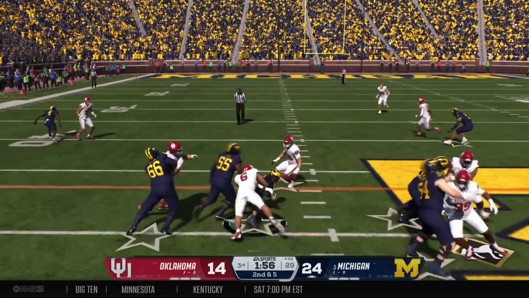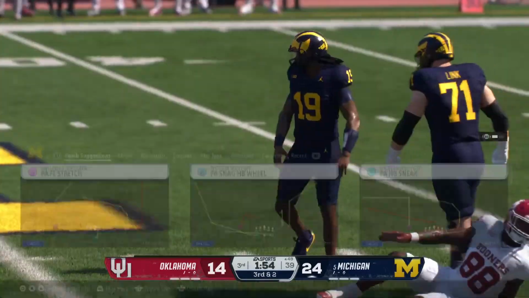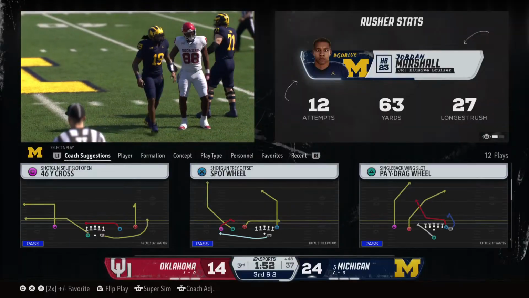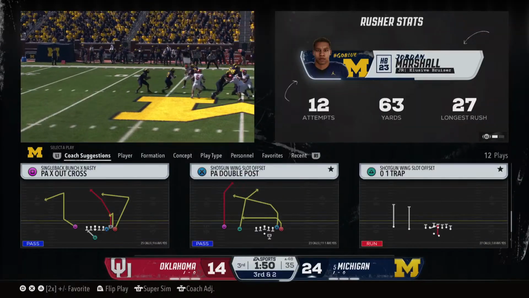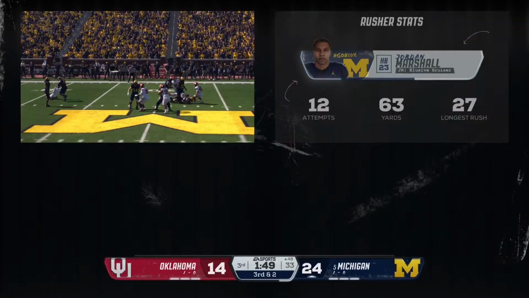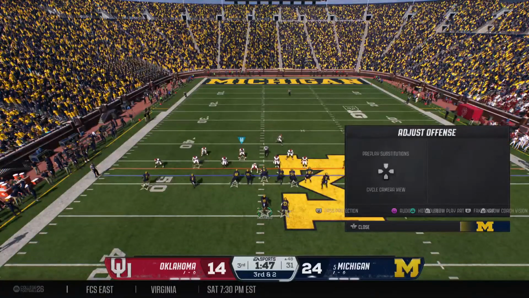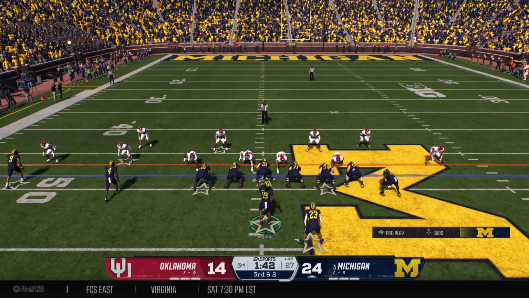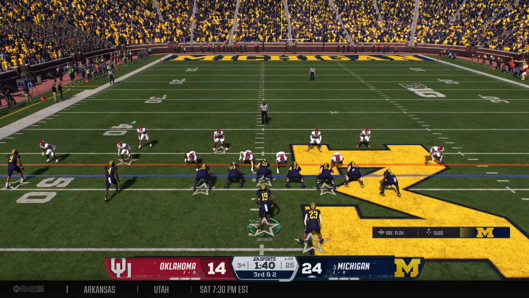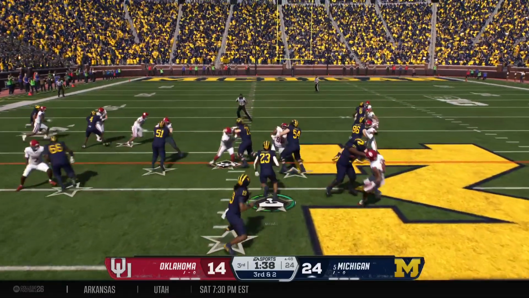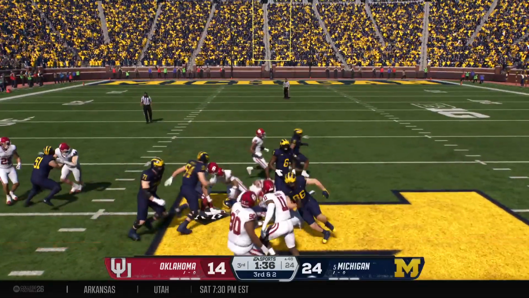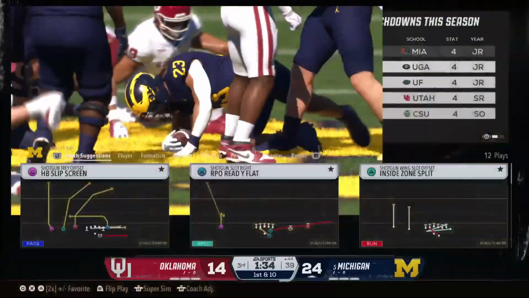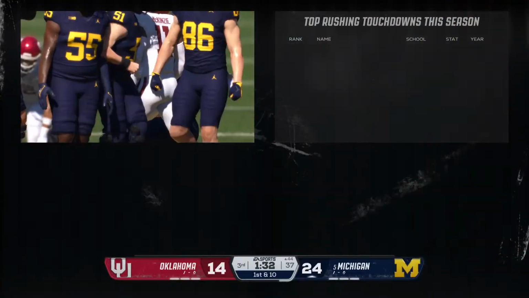The inside handoff. Jordan Marshall up the middle again, 3-yard gain. Stopping him short of the first down line. And man, the big fellas up front, they don't get a lot of credit. They'll get talked about a lot unless it's negative, but they're the big component, man. They've got to get some push, to get some running lanes, get this running game going. They're the ones that make it go. Bryce identifying the mic, calling out protection. Marshall gets the first down yardage as they move it to the 44.